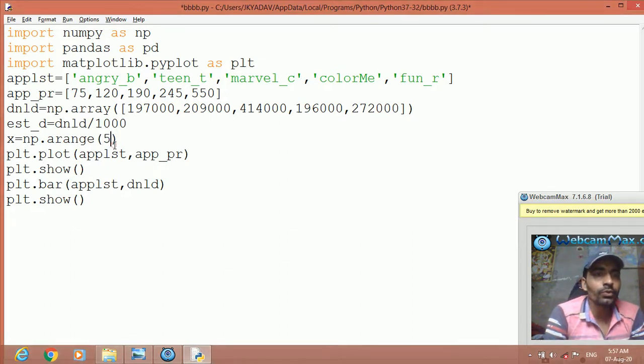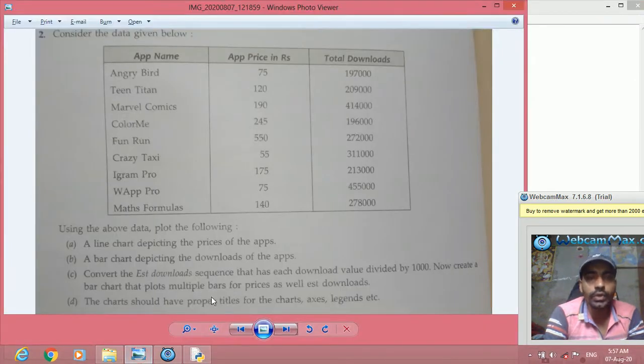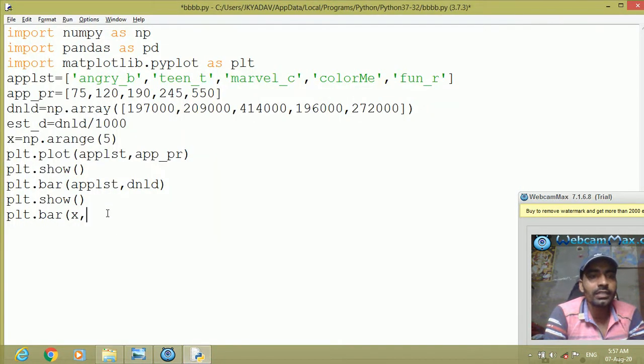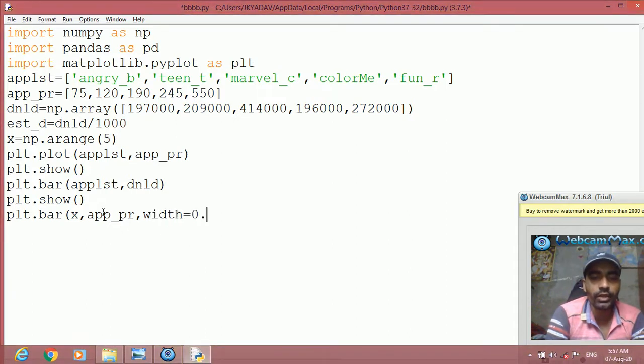Now we have to create a bar chart with multiple bars. So for that we write plt dot bar, then x as the x-axis. In x we have given the range x, comma, the price, that plots multiple bars for price as well as EST downloads. So first price, app pr for price one, comma, let us give width equal to 0.25.